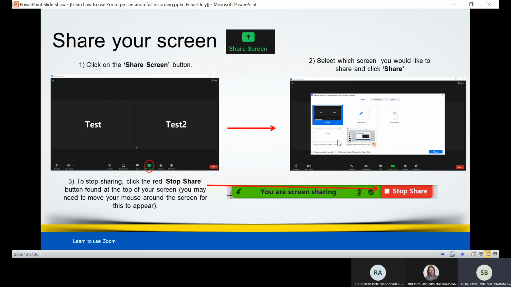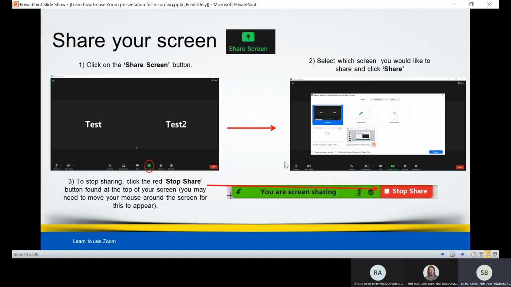And what will happen is that once you've selected share screen, that document will appear and you can select the appropriate screen that you wish to share, and it will then be shared across everyone's screen, so that's everybody who's in the meeting. So if you select the screen, just click share, everyone in the meeting will be able to